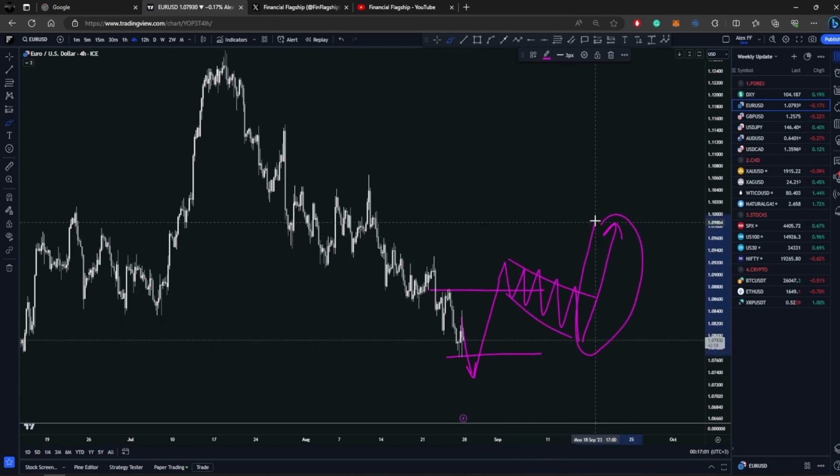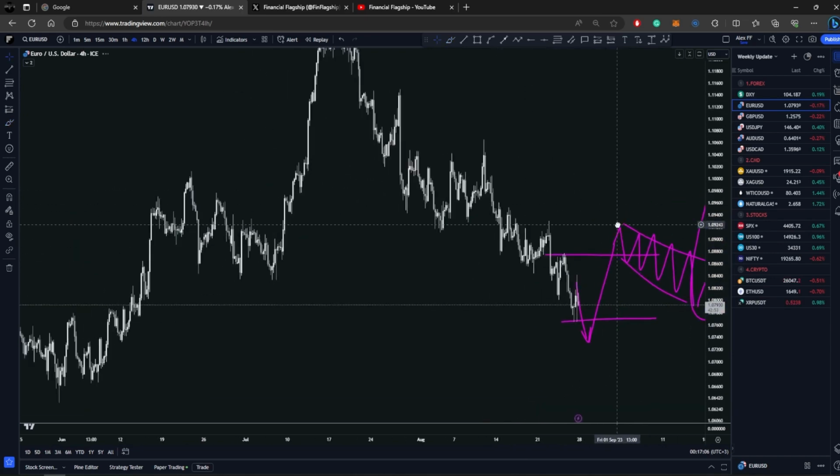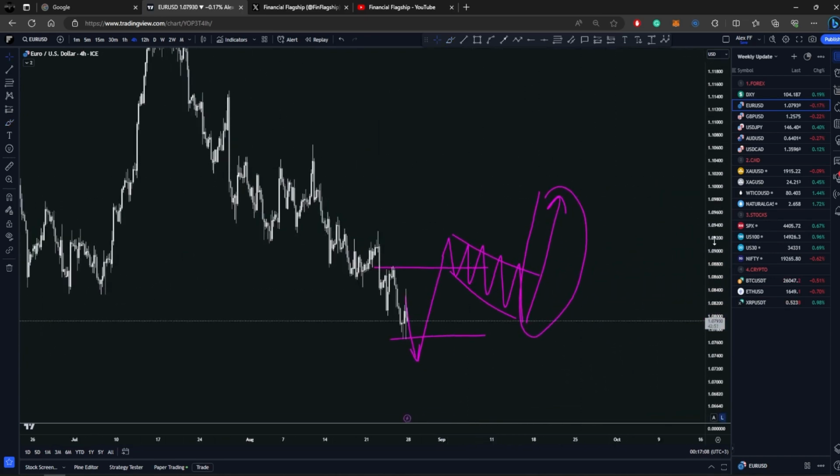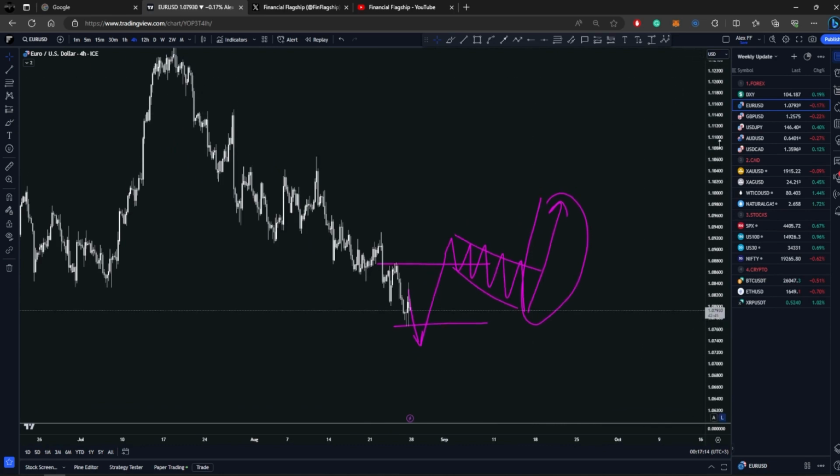But this will be short-lived. I'm expecting here a deeper consolidation. So let's wait and see, because this one has a nice potential to go to the upside in the short term. So we have to be prepared to catch this bullish move, okay?